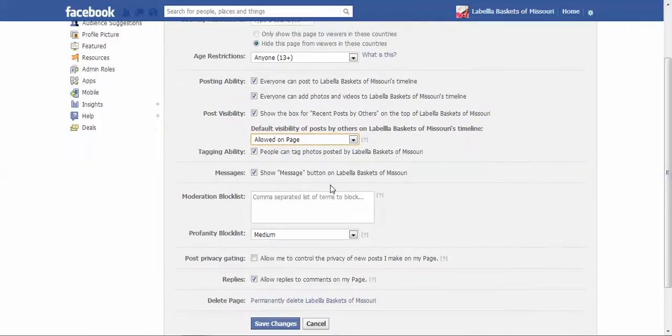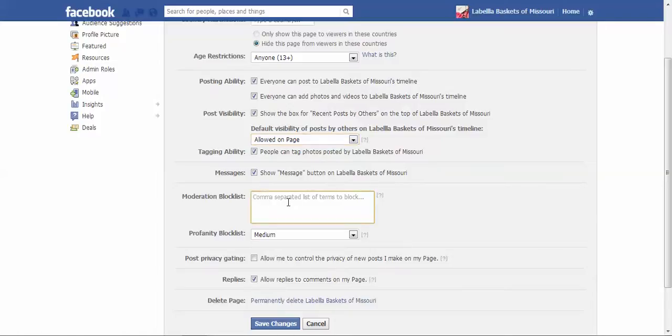I like to show the message button on the page as well, only because sometimes people might be hesitant to post something and they may want to post something private to you. I do allow that because I personally have done this with some other pages. I have other business interests, and I messaged a fellow who had 103,000 fans on his page, and it worked out beautifully. We ended up becoming partners in an endeavor only because I was allowed to go ahead and do that. Otherwise, I would never have known who that person was that was the admin of that page, to get in touch with them, to even give them an opportunity to know what I'm doing and how we could partner together.